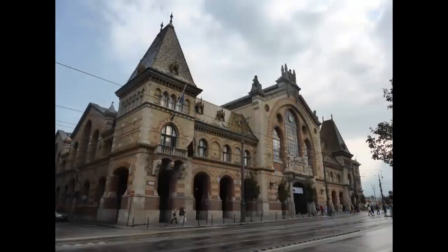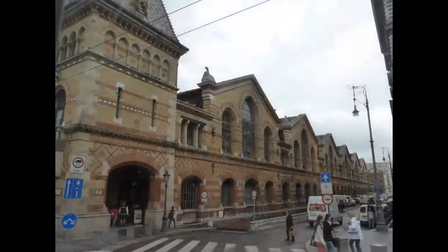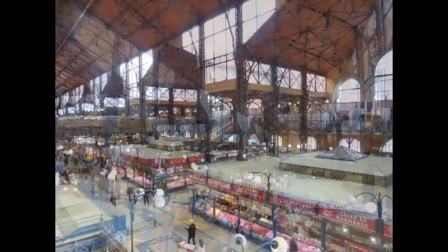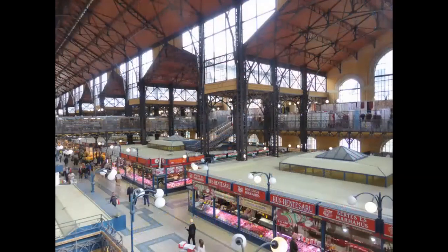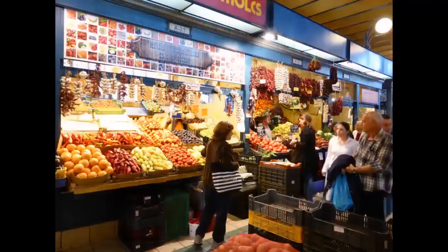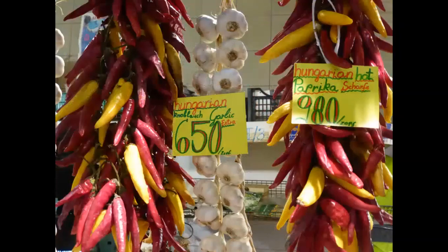The building itself is worth visiting just for the architecture. It's absolutely enormous. And once you get in, you can see just how huge it is. But it's a virtual museum of Hungarian products. There are restaurants that you can eat at, but it's also a food hall with things for tourists, but also where local Hungarians shop for all kinds of local products from around the country: fruits, vegetables, meats, peppers used for